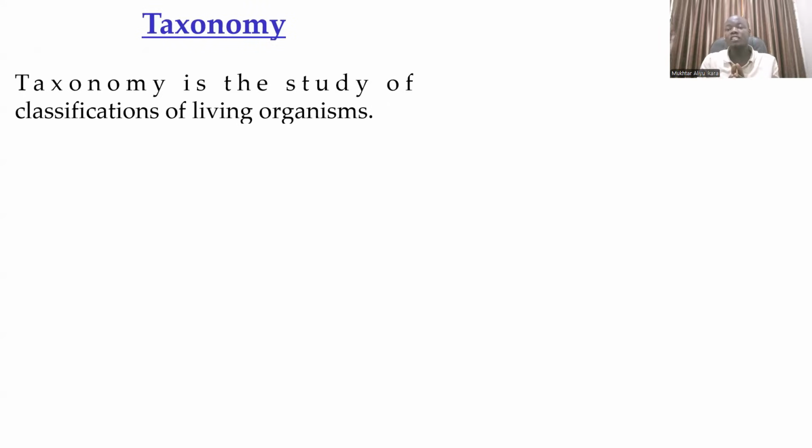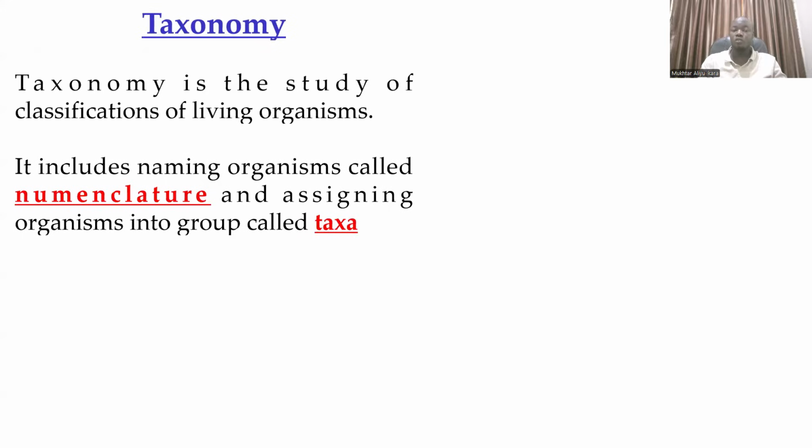That is why biologists, because of the existence of billions of living organisms, decided to come up with a system of classifying organisms. The process of classifying organisms is called taxonomy, which is one of the major branches of biology. Taxonomy includes the naming of organisms, that is binomial nomenclature. According to Carolus Linnaeus, the father of taxonomy,